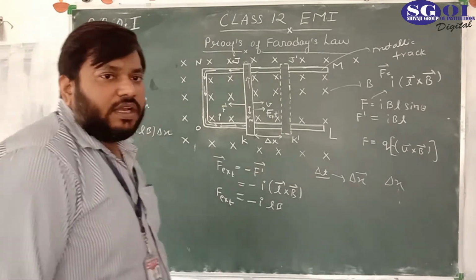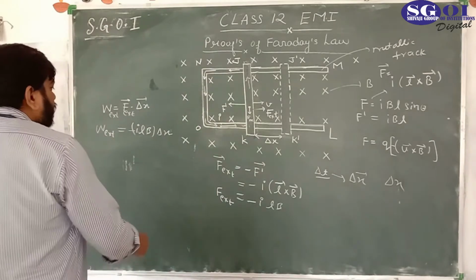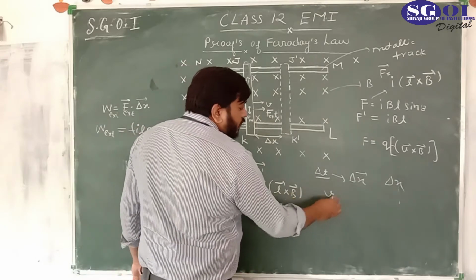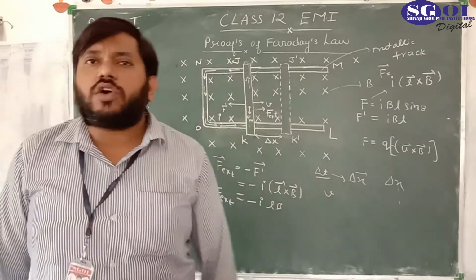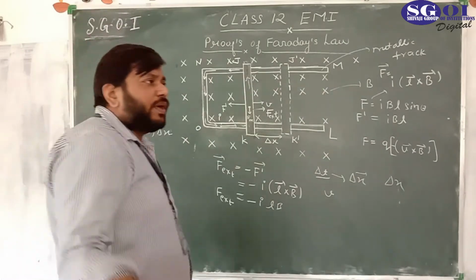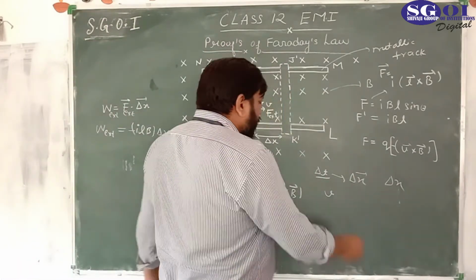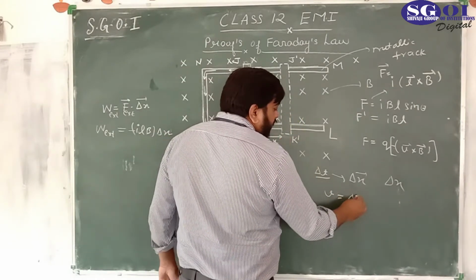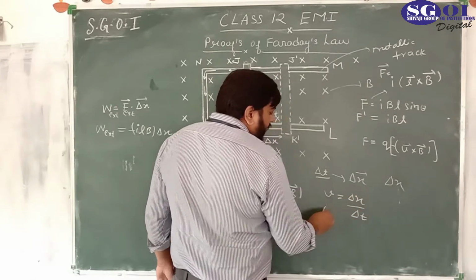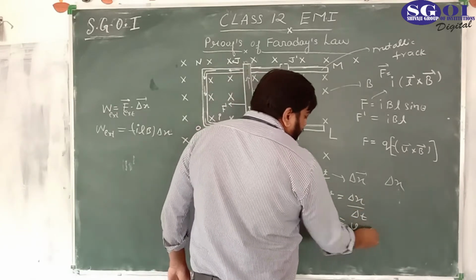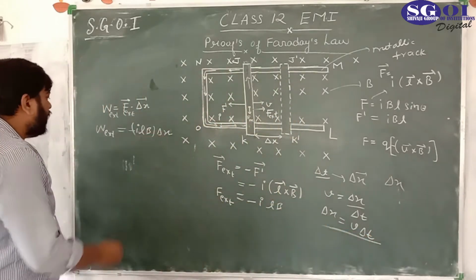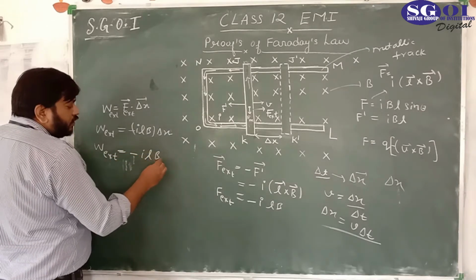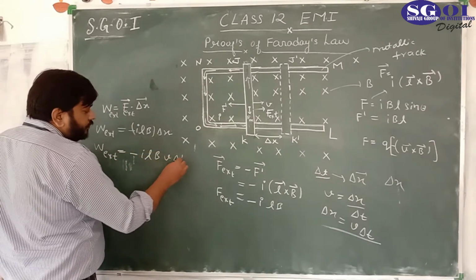What is the L? Length. And what is the delta x? Displacement. We know that the rod is moving with constant velocity v, and when an object moves with constant velocity we use the simple formula: speed is equal to distance upon time. So speed v is equal to displacement delta x in time interval delta t. From here we can say delta x is equal to v delta t. So we can put this value here. So W external is equal to I LB v delta t,